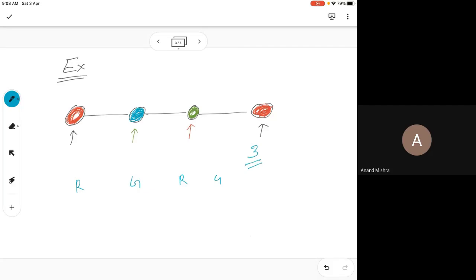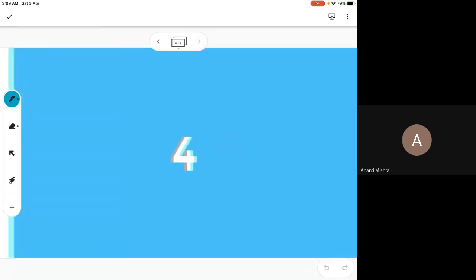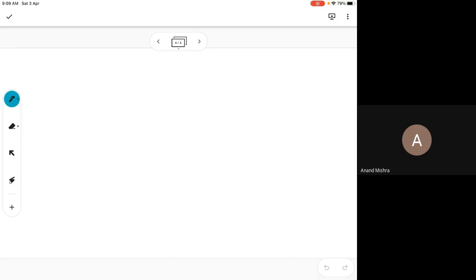Okay. So this is the problem with the greedy algorithm. But since we've already said that this is actually an NP-hard problem, finding the global or exact solution is not possible in polynomial time. But this greedy algorithm, as you can see, is a polynomial time algorithm, right? So you can actually do it in polynomial time. Anyway, so this is just for the discussion of the graph coloring part.